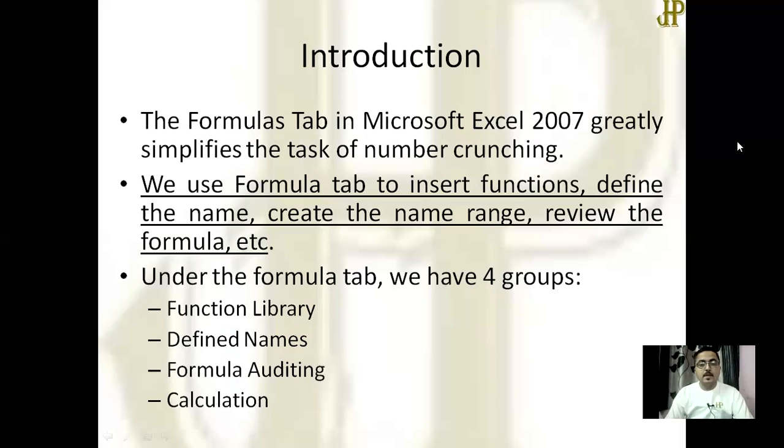Other than this, if you want to calculate the percentage of a particular student based on their marks, then that can also be done.